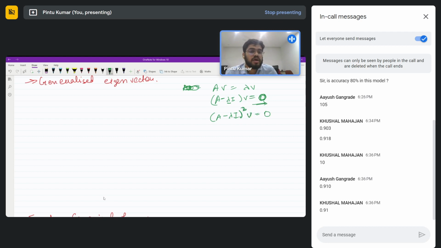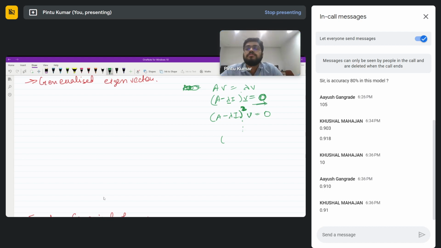So rather than power 1 over here, you look for (A minus lambda I) squared V equal to 0. Okay, and you will keep looking till the point you have a vector independent of your existing eigenvectors. Okay, this is the motivation behind the generalized eigenvector. So yeah,